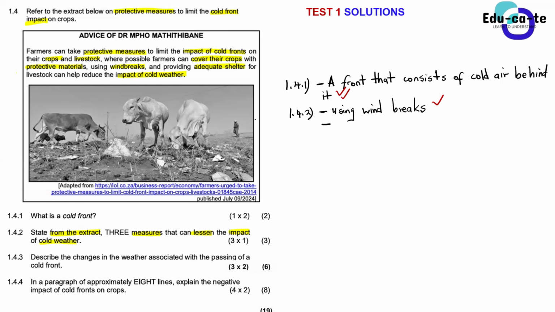The windbreaks can also be used to prevent soil erosion. Yes, they can also be used to prevent soil erosion. Remember, guys, that the top fertile soil can be blown away by strong winds. So putting these windbreaks, they can actually prevent or reduce soil erosion. If they ask you to explain, guys, you can explain that. But for now, we are just stating, or quoting, from the extract. What else is provided in the extract as a measure to lessen the impact?